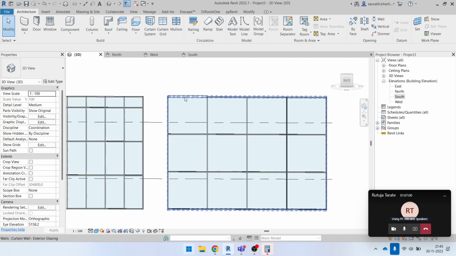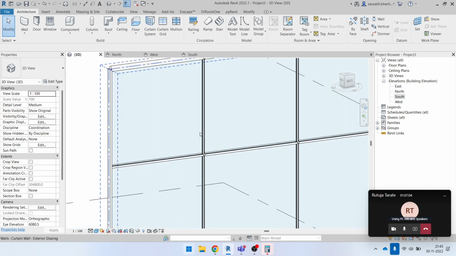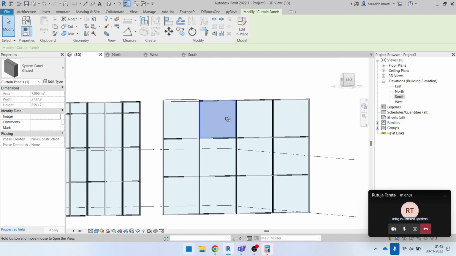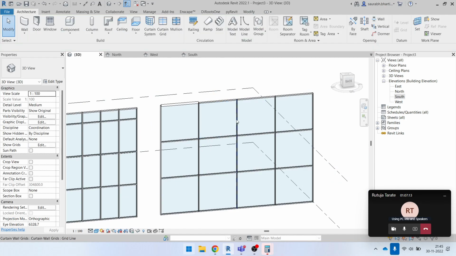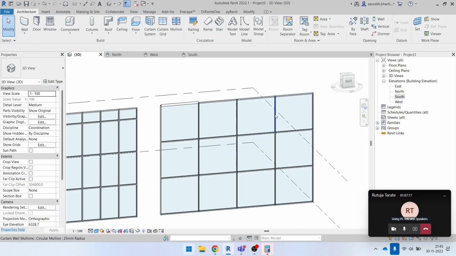Now we have made so many changes to this curtain panel, and now like here in this panel, actually I want something else. So instead of a glass panel, I want something else inside it. So I will use the tab key here to select this part. So you can just use tab